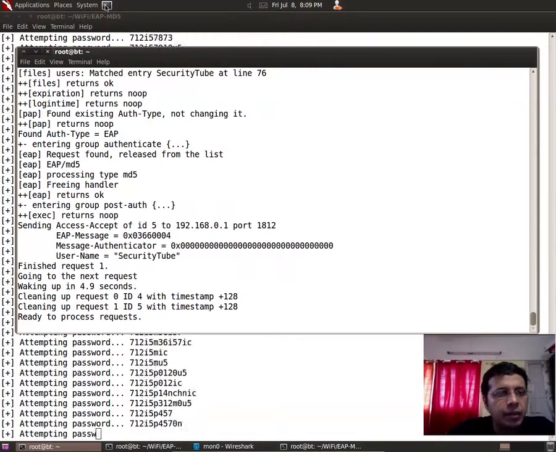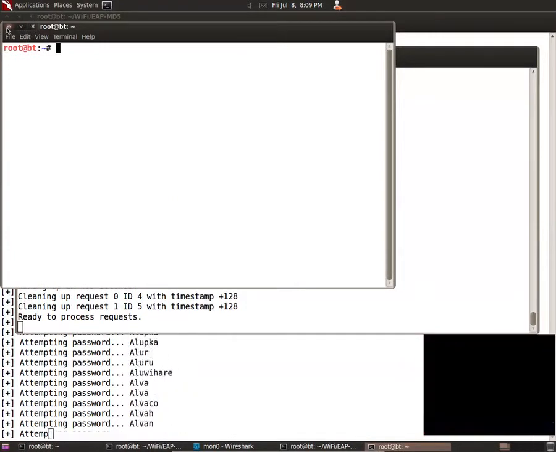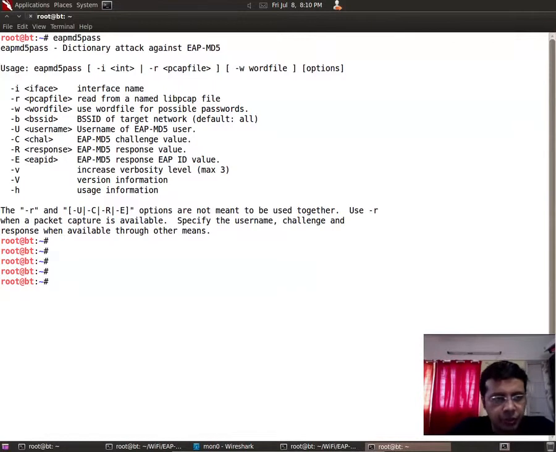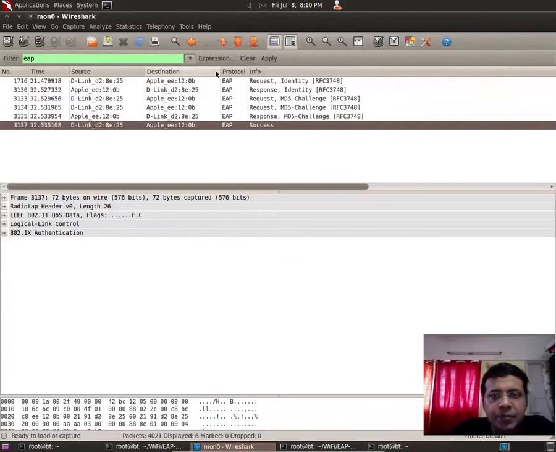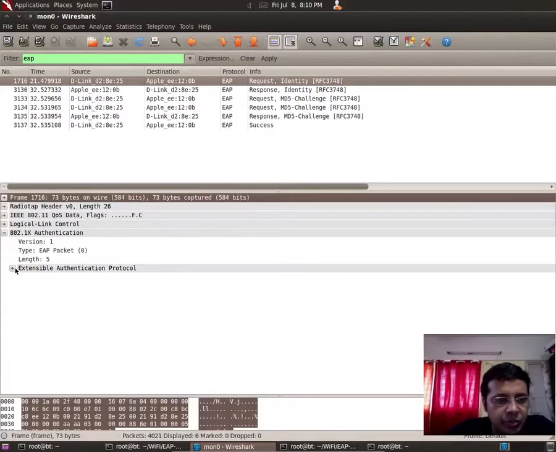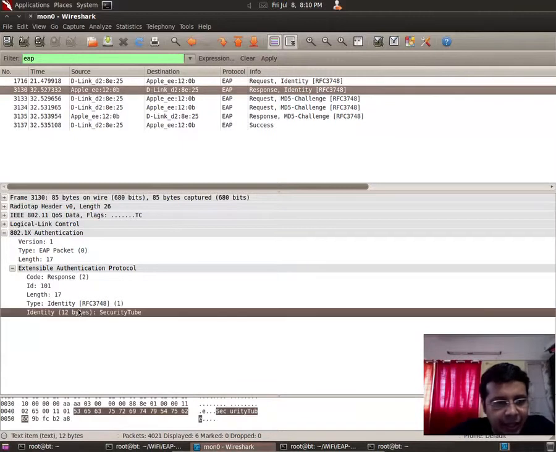So while this is going on, let's go back to, I think we'll have to open up a new terminal. And in this, we are going to go ahead and demo the eapmd5pass tool. Now, even this can take an input as a PCAP file, but what we'll try and do is something a little bit more interesting, which is go ahead and give all the inputs directly based on the trace file. So let's look at the trace file. Now the first thing we require is the user's identity, which, if you may remember, is going to be there in the first packet sent by the client, which is securitytube. This is the username,